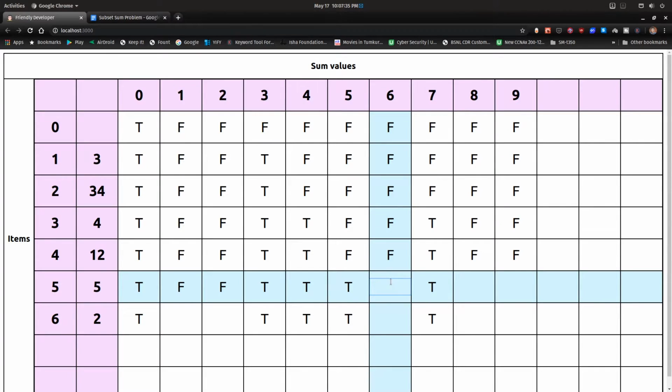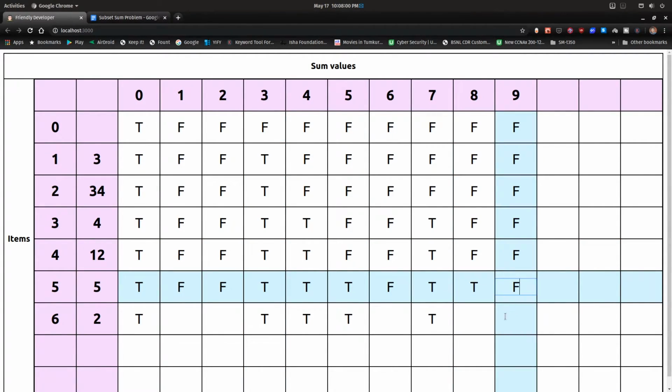Similarly for 6, by excluding no, by including I don't think so, no, it's false. For 8, 5 plus 3 becomes 8, it is possible. By including 5, 8 minus 5 is 3. Let's go to the 3rd column and previous row. Yes, out of all the remaining elements, it was possible to get 3.